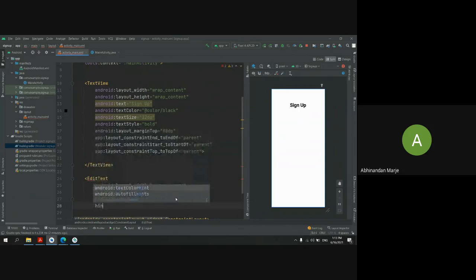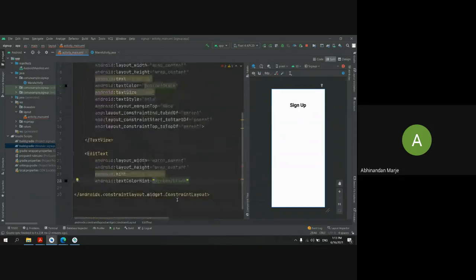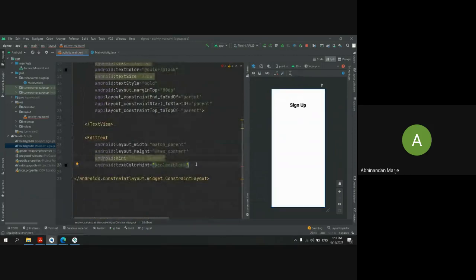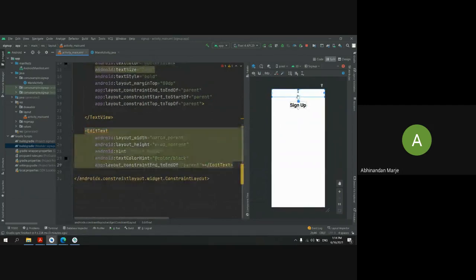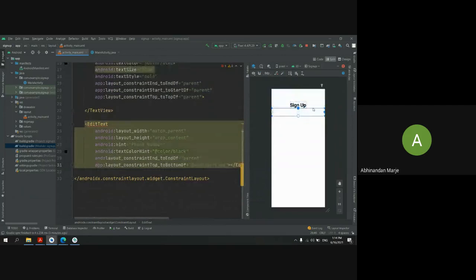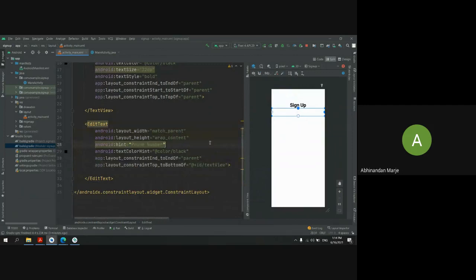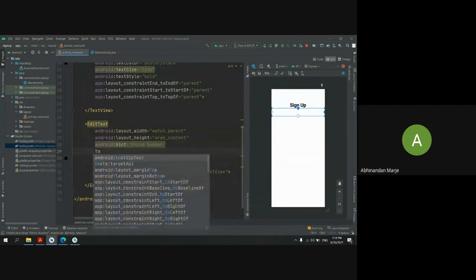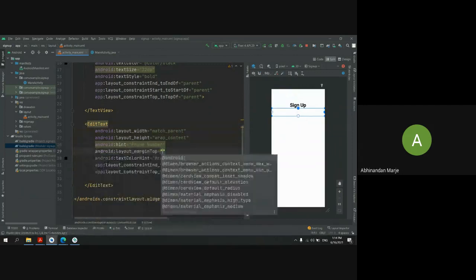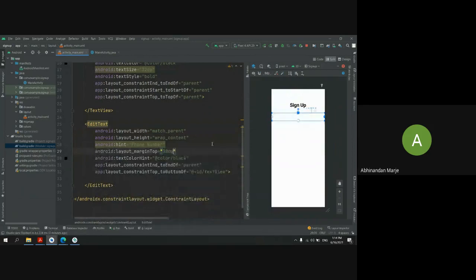The hint color will be black. Some top margin. I'll just copy this.